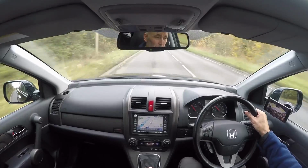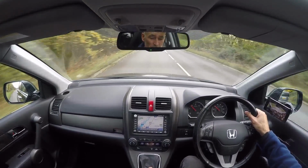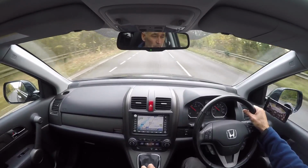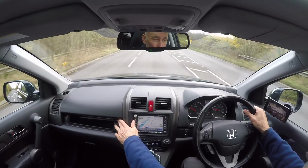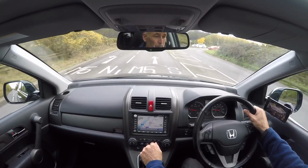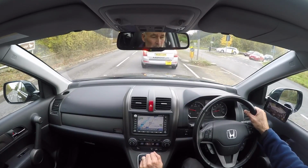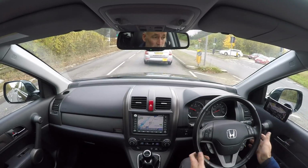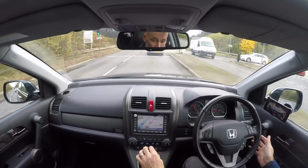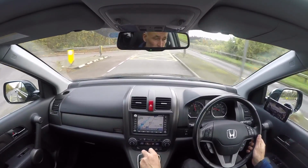Looking around inside the car, all in very, very good order indeed. This is obviously the later facelifted version, so it benefits from upgraded plastics on the inside. Also inside here, this little cubby hole, you've got a USB lead in there, which you can plug your phone into, charge and play music through the radio as well. It's all the plastics, everything looks really fresh indeed, and we haven't valeted it yet, it's not been touched,